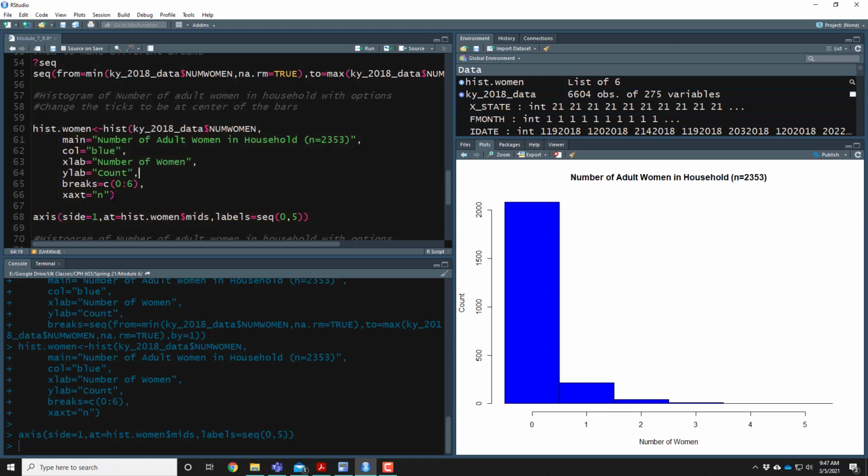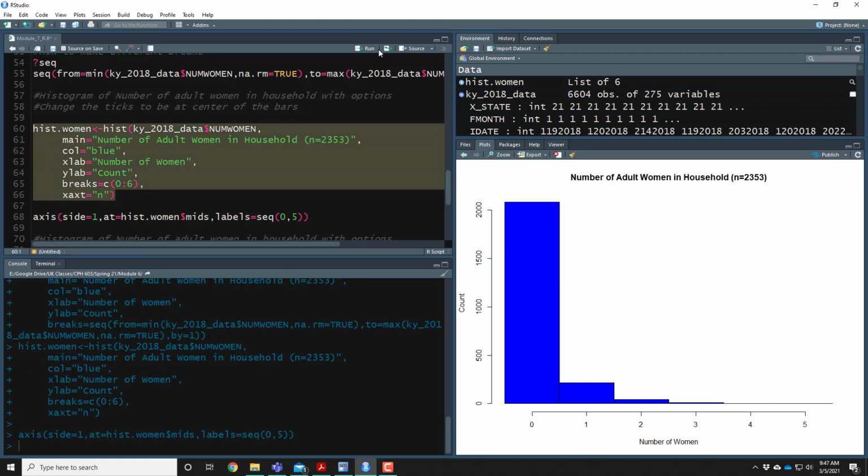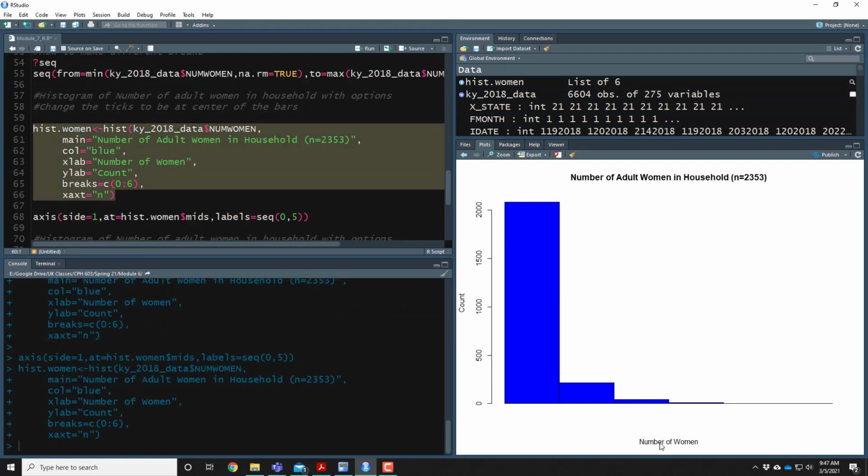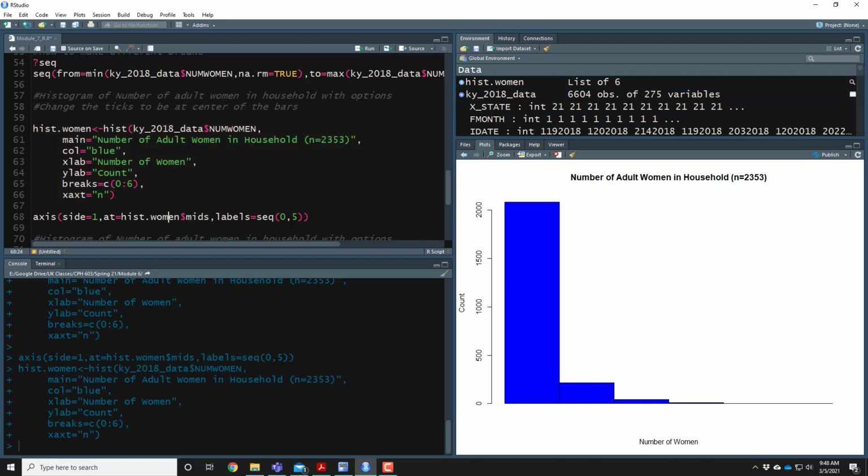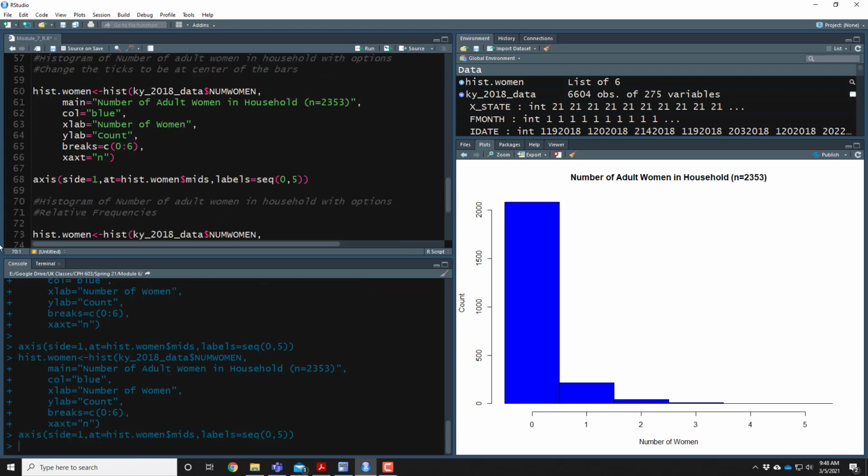But what I've done here in the code is I've set this x-axis equal to n in quotations. If we run this piece by itself, notice what happens is it leaves the x-axis off. And then this piece right here, what this is doing is this is adding those axes back in at the middle. So how you would change this is here, or pardon me, up here,